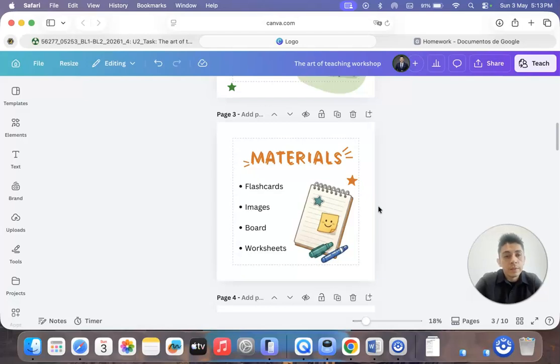Okay, the materials. For this lesson, I will use flashcards, which I think is the best way to let students learn new vocabulary in a classroom. Also, some images, the board, and a simple worksheet for practicing and little exercises. So I think flashcards are the way to go when having a class for 7 or 8 year old